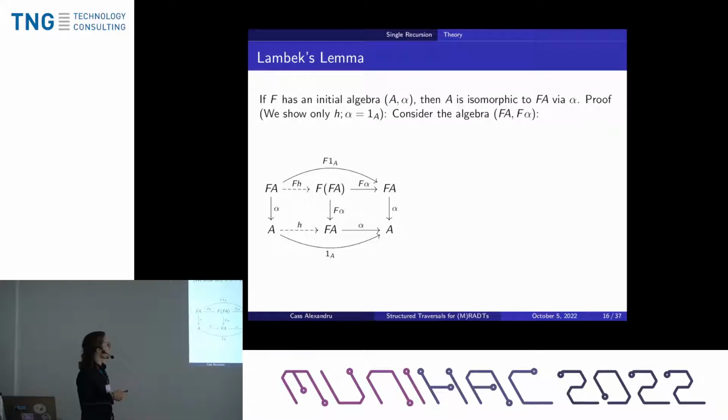But because there is exactly one morphism from an initial algebra to every other object, from the initial object to every other object, we know that this composition here has to be equal to the identity. And because of that, we can prove that A is isomorphic to F of A via alpha,